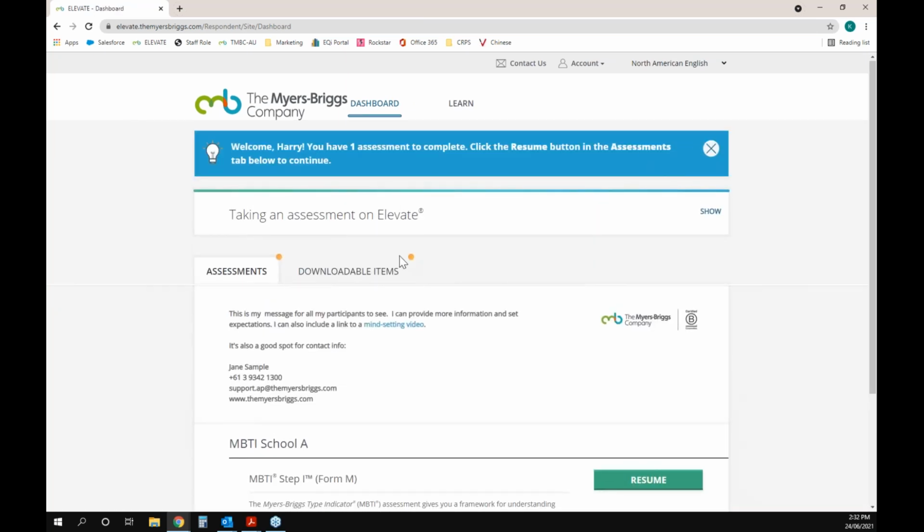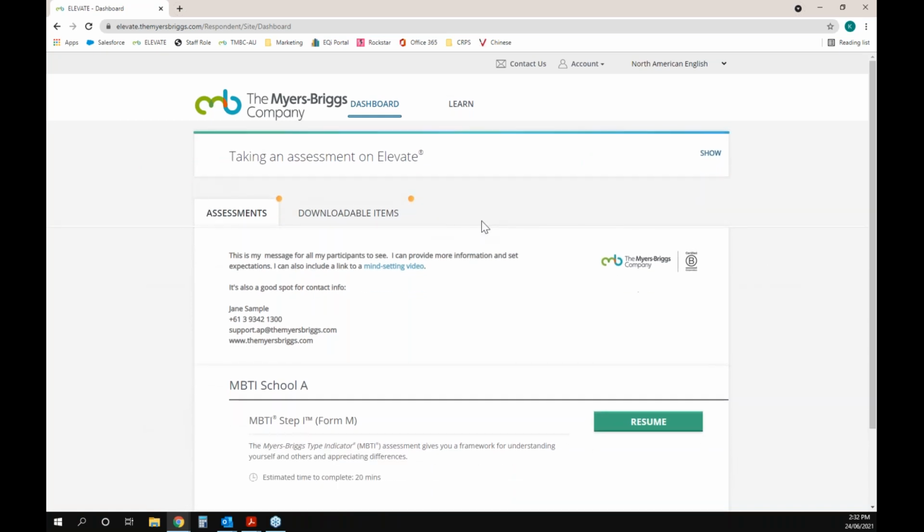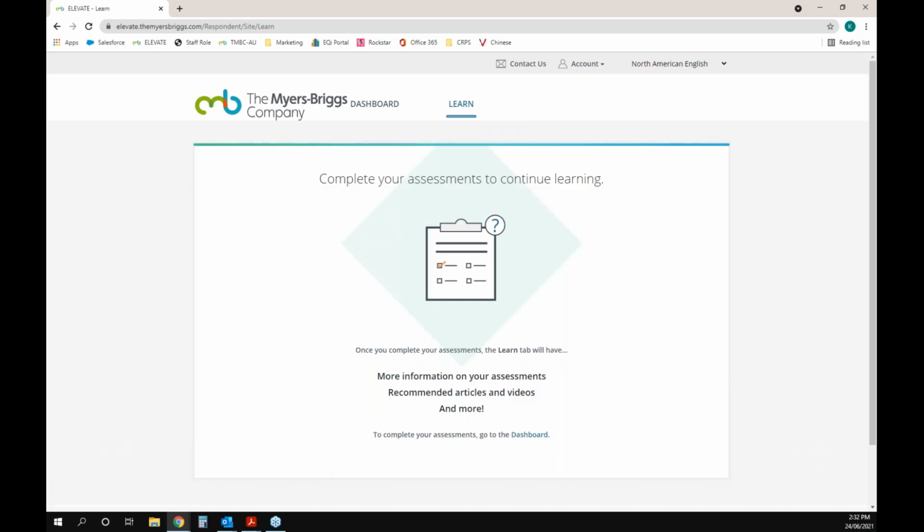The other thing I wanted to point out, in this case, Harry Potter has not yet completed his assessment. And you'll see there's this Learn tab up here, which you can disable in your practitioner site if you want, but it doesn't show anything until your clients complete the assessment. So that's just something I want to point out. It does have some good information once they complete the assessment, and even more information once you verify their type